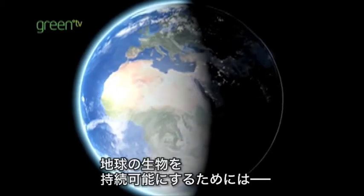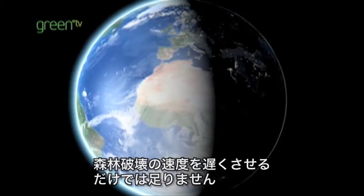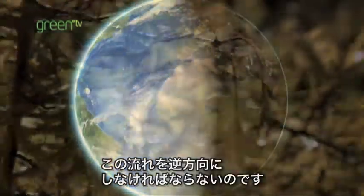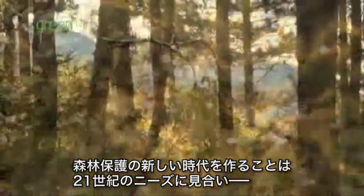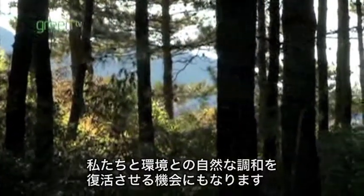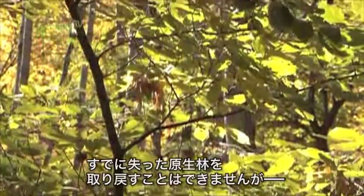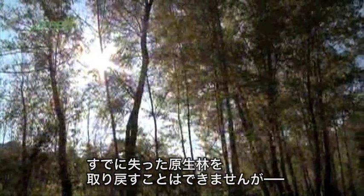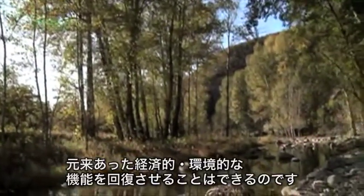If life on Earth is to be sustained, we must do more than just slow deforestation. We must reverse it. Creating a new generation of restored forests fit for the needs of the 21st century provides an opportunity to restore the natural balance between us and our environment. While we can never replace a pristine rainforest once it's gone, we can restore most of the economic and environmental